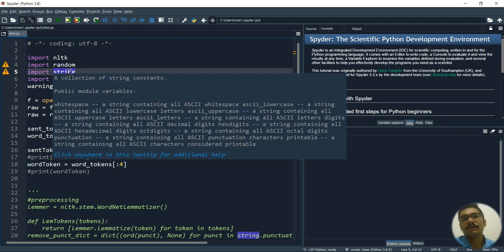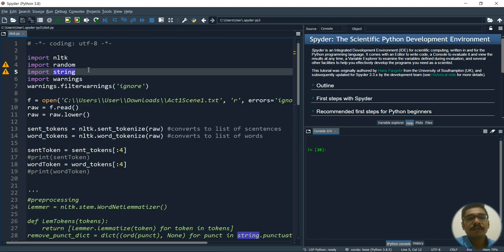Like say you have some words, then you have to convert them to lowercase, uppercase, things like that. For those common operations, we'll be requiring string. Then we have warnings, that is just to ignore things in case something happens, because since this is a new code editor, some warnings can pop up, and we don't want all of these to pop up on our screen.